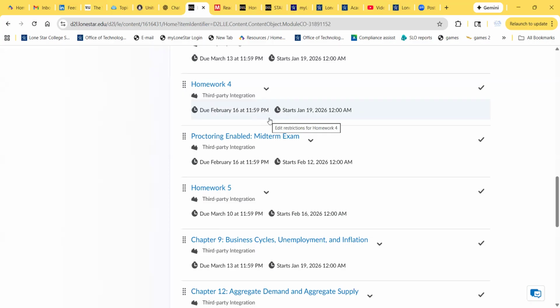There's no extension for homework. I will drop the lowest homework grade at the end of the semester, but that's all I will do to help. Okay, so please, please, please mark your calendars. Do not miss them. The best way, in my opinion, to do these assignments is that whenever you're done reading a chapter, do the homework, okay? Because you remember everything. Don't wait till February 16th, in my opinion. But again, everybody has different ways of studying. And again, when the midterm comes, when the final comes, you can go back and review, okay?